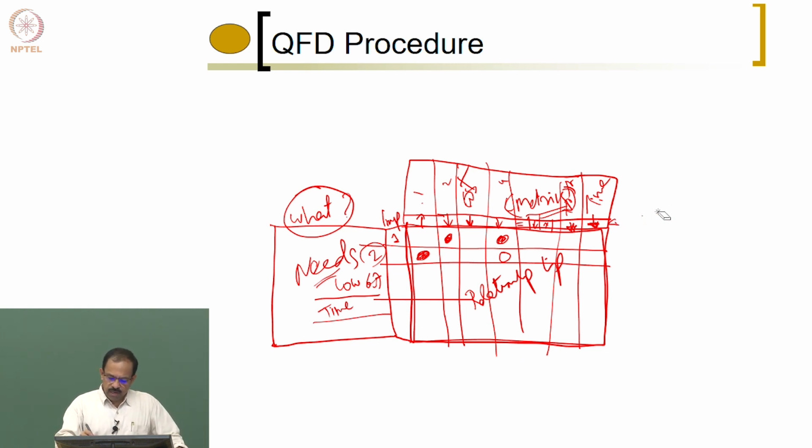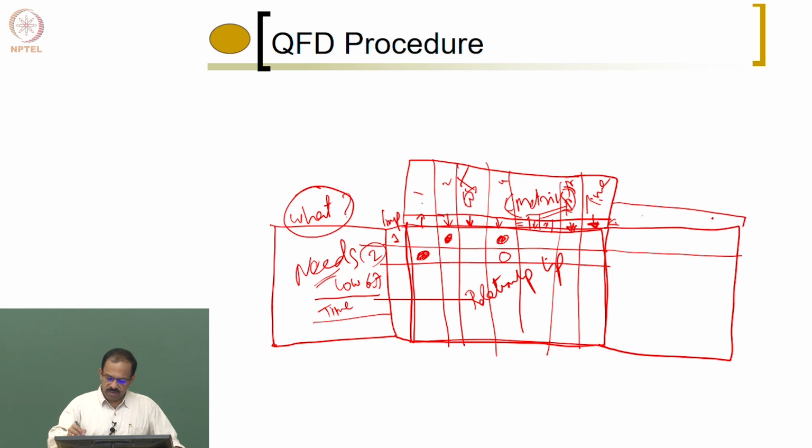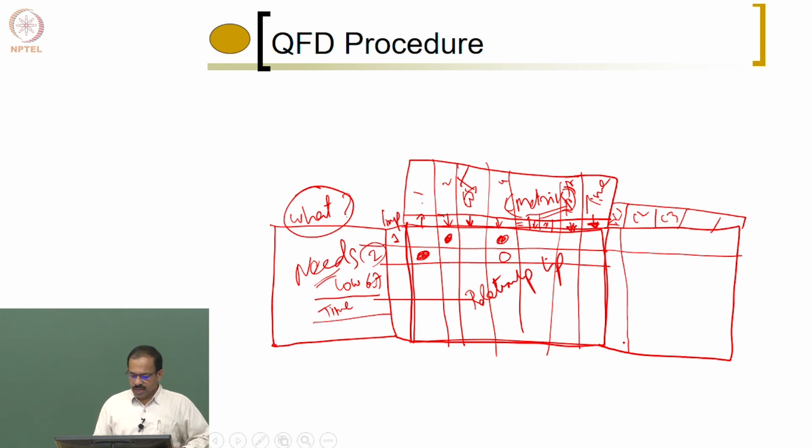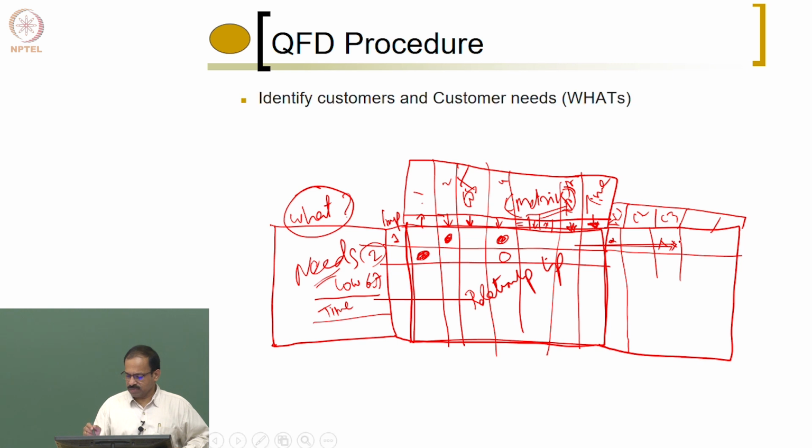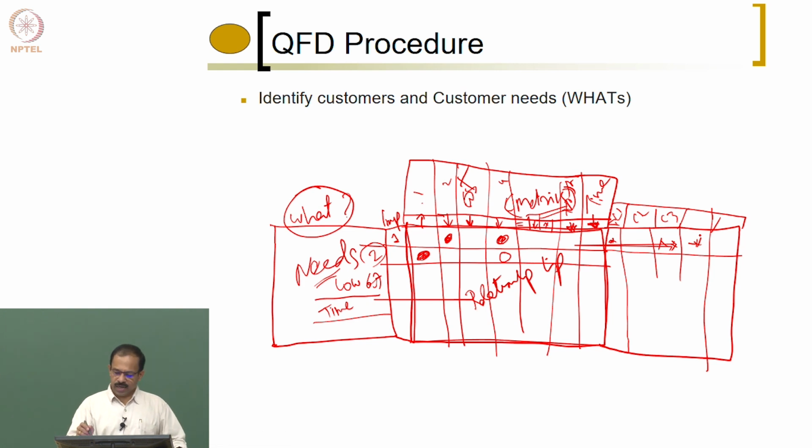Now, we need to get the values. To get the values, we try to do the benchmarking here. So we try to find the benchmarking using the competitors. So you have competitor 1, competitor 2, competitor 3, and whatever we saw in the previous section, we try to find out which need is satisfied highly by this particular competitor. So you can put it as 2 star, you can put it as 4 star, or whatever stars you want to give. So we are trying to bring the benchmarking information into these charts.